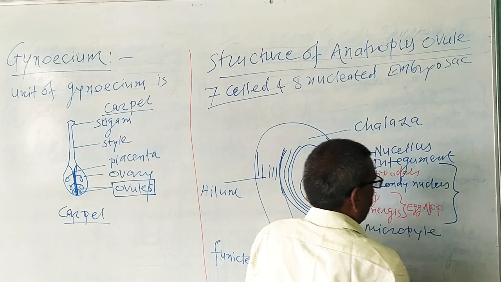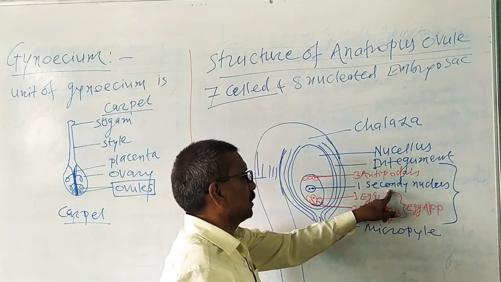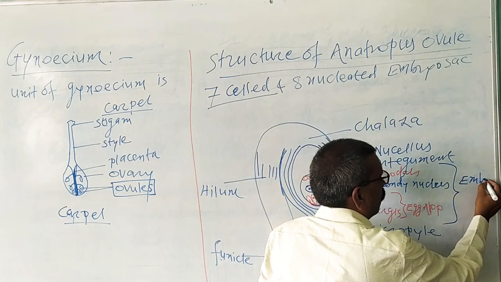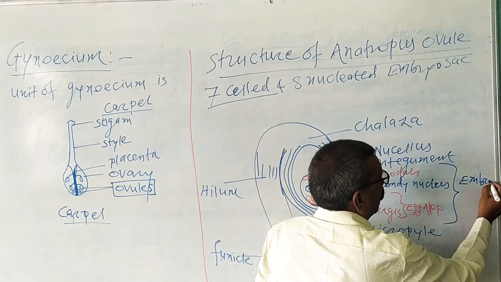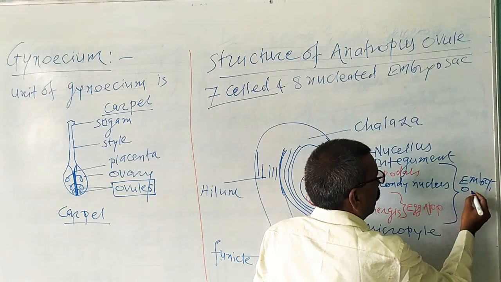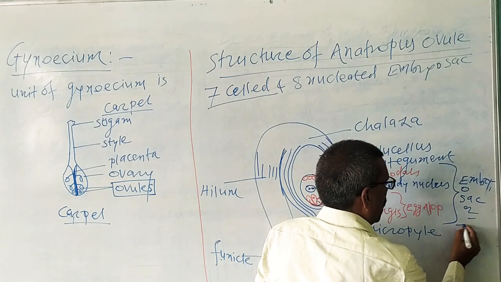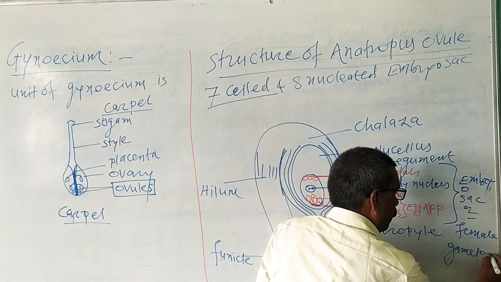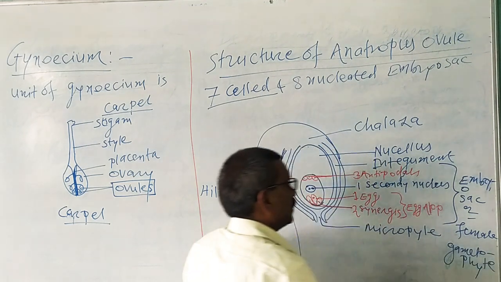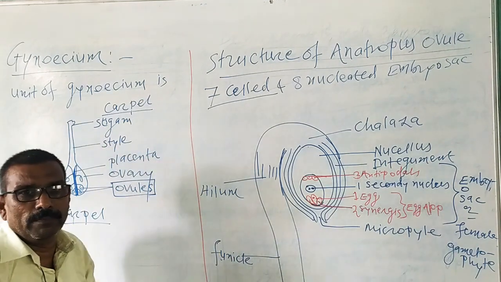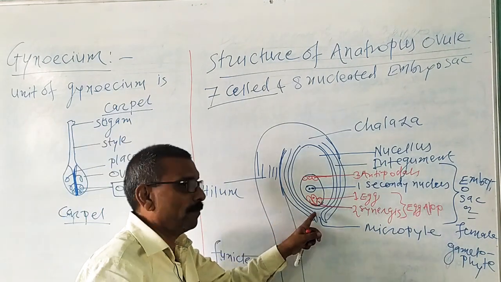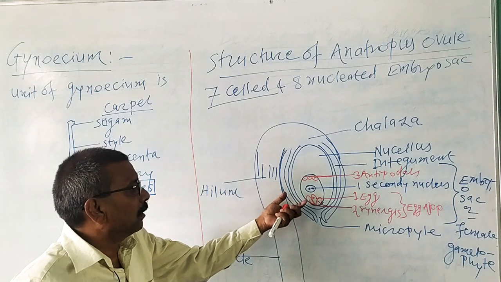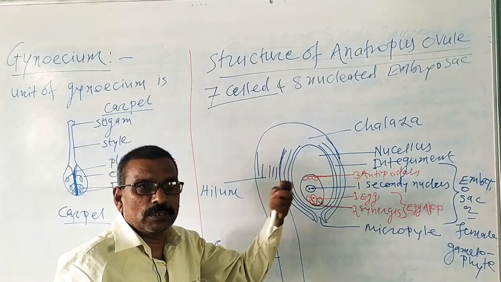Now, all this together forms, what is this? 3 antipodals, 1 secondary nucleus, 1 egg cell, 2 synergids together form an embryo sac, or it is known as a female gametophyte. Thus, a 7-celled and 8-nucleated female gametophyte or embryo sac is produced in the nucellus towards the micropylar end in angiospermic plant. The development of embryo sac we are going to study in the next lecture, but